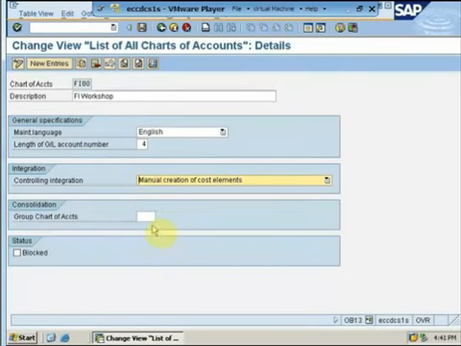So if I find my chart of account, which is FI00, as you can see, we have created certain account groups for it, namely current assets, current liabilities, expenses, fixed assets and long-term liabilities. Under each account group, we have given a certain number range. My current assets account would start off from 1000 and they can be created up to 1999. If by mistake I enter a number outside this range, system will automatically issue me an error message that this number does not belong to the range assigned to my account group.